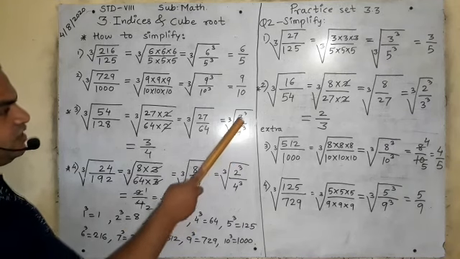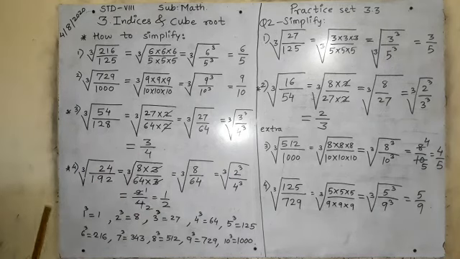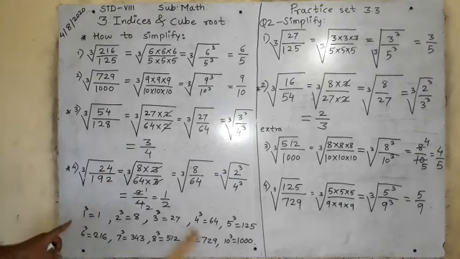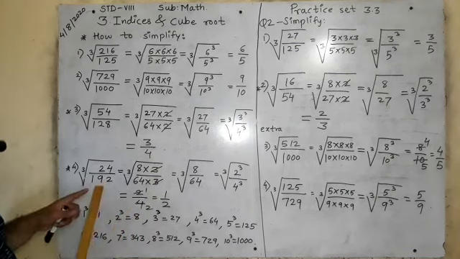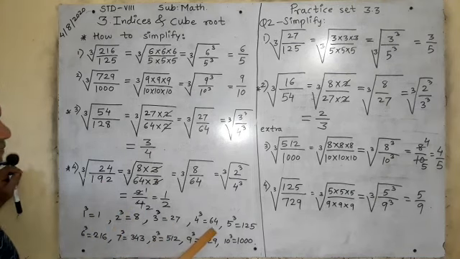Is it clear? Now by taking cube root, अब उसका cube root ले लो तो क्या बच जाएगा? 3 upon 4. Now here also cube root of 24 upon 192. 24 is cube of any number? No. So multiply 8. 8 ones are 8. 8 twos are 16. 8 threes are 24. Yes. Now 192 is the cube root of any? No. Multiply 27. Multiply 64.